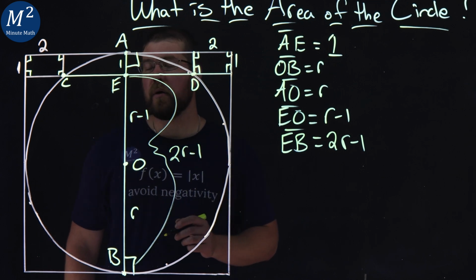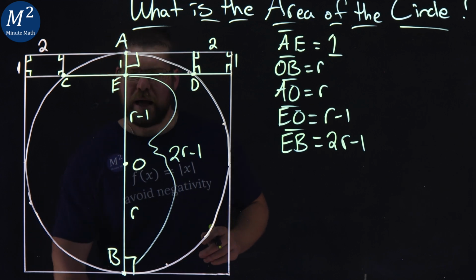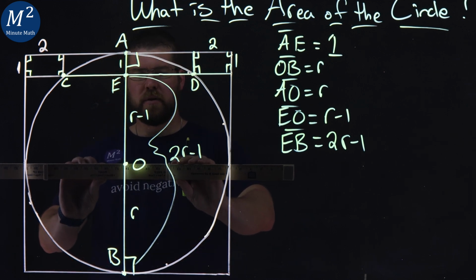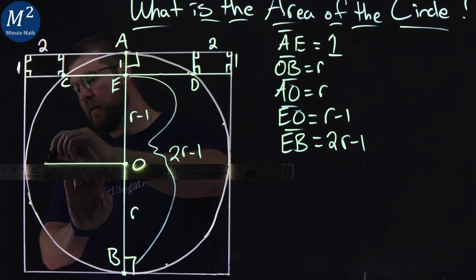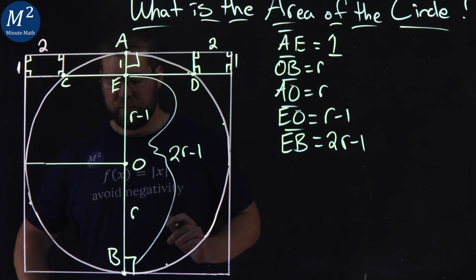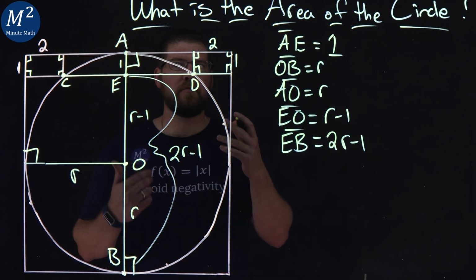2R minus a 1, okay? Let's deal with that subtraction again. Let's draw another little radius here. It's going to be perpendicular to the corner. Again, the tangent to a circle theorem we're going to apply here. Right here, it intersects right there, and it's perpendicular, and we have an R here, and this helps us visualize